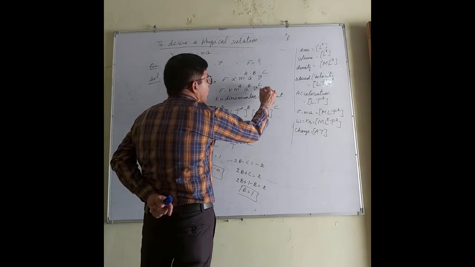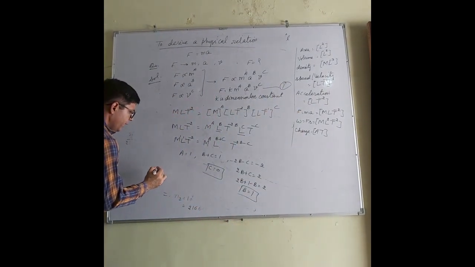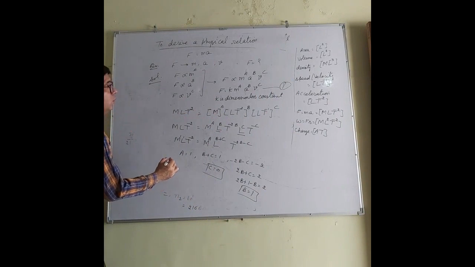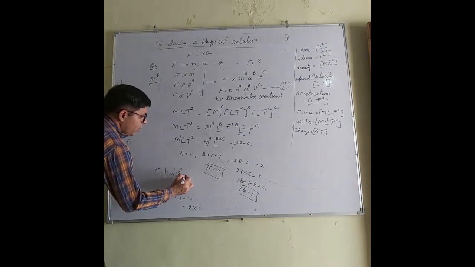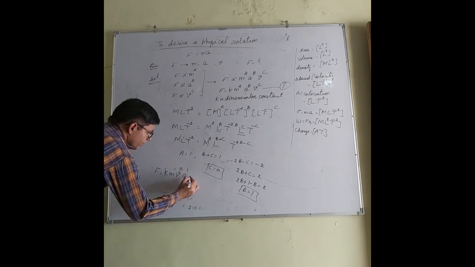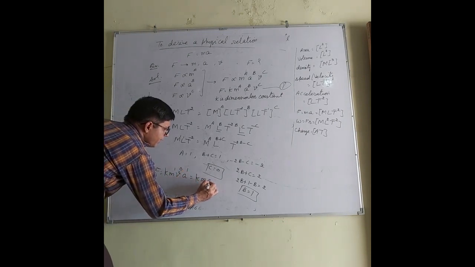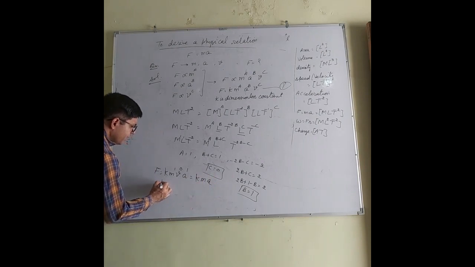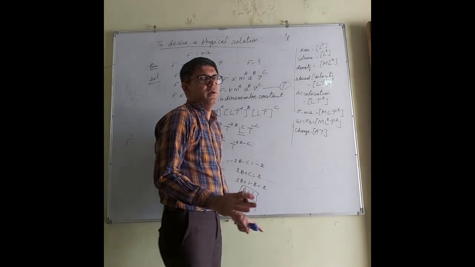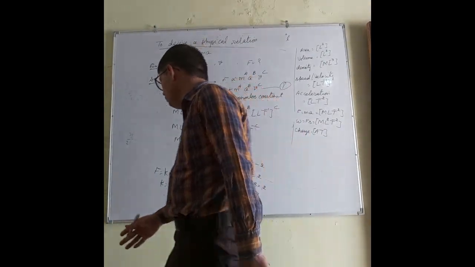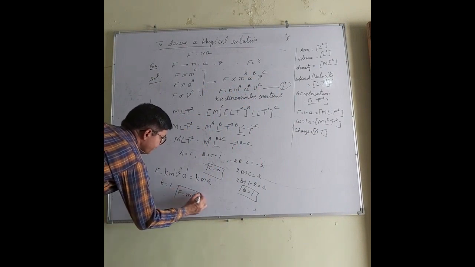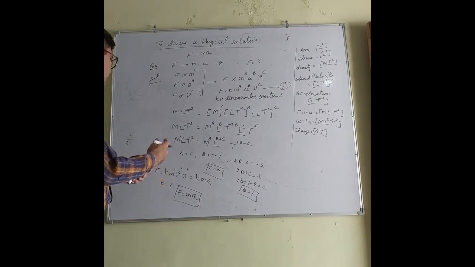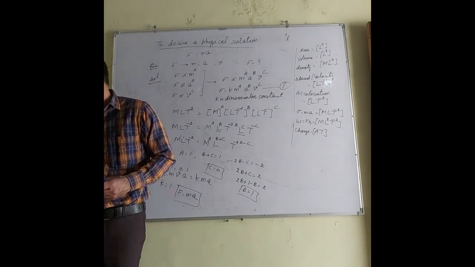So put these values in equation 1. What do I get? F equals k times m to the power 1, c is 0, and acceleration to the power 1. So you can say F equals k m a, and here k is 1. This you have to assume; you can't find its value. So I can say F equals m a. This is how we can derive a physical relation.